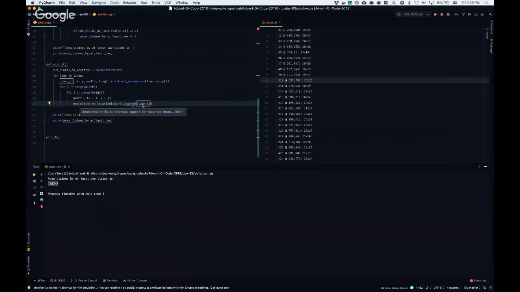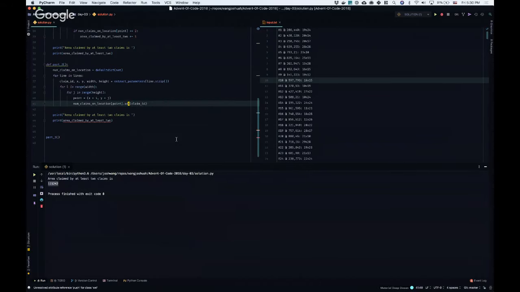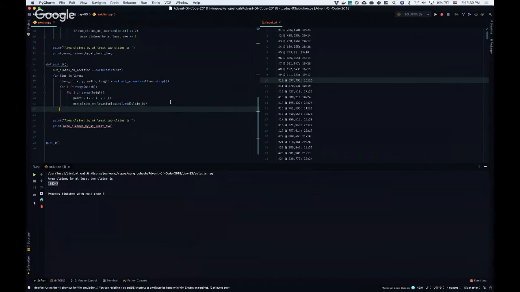So we're going to append the claim ID in this list, or push it onto the set. And then at the end, we're going to see which key only had a set whose value was 1. And we can do that really quickly by